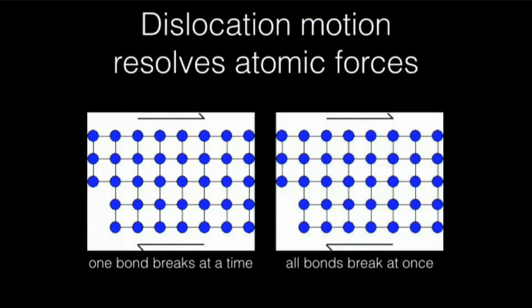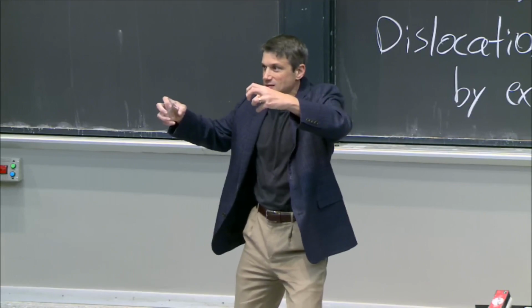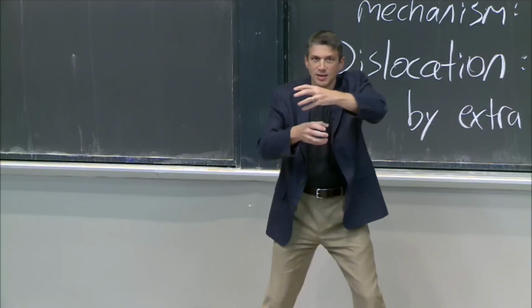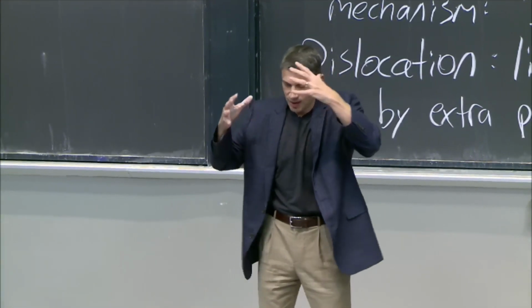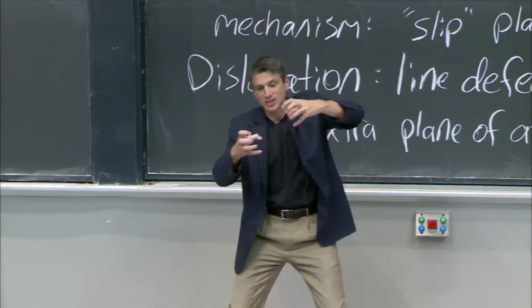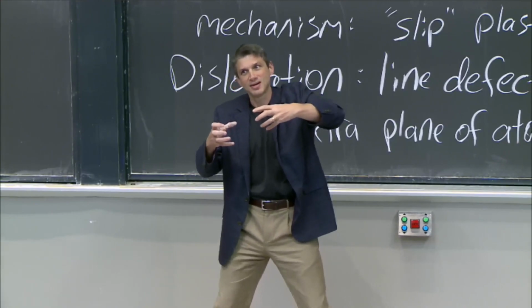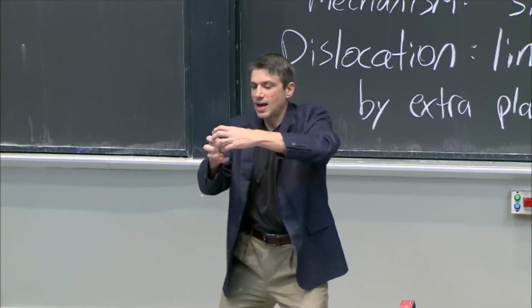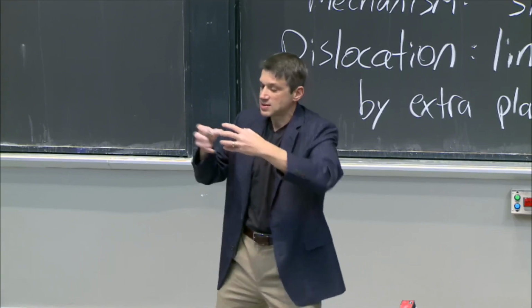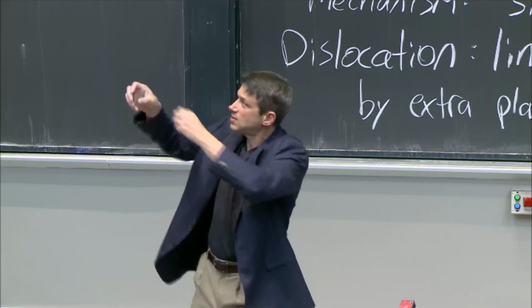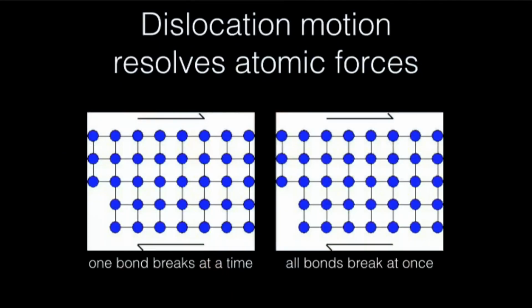Because, you see, what happened is I took this material and I applied a force to it. Say I went back to the wire and I did this, or maybe I did this. And the material said, okay, hold on. How can I respond to this thing? Well, either I could respond elastically and all my bonds could stretch, but I'm getting to this kind of uncomfortable place here, right? Or a dislocation could come in and allow me to translate a whole set of bonds over by one. So I'm applying a force, right, to this material. You can think about it as like a force maybe on the bottom going,